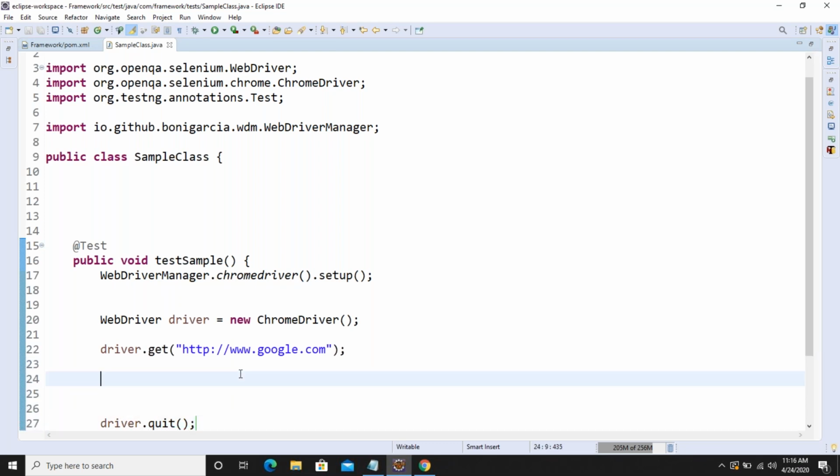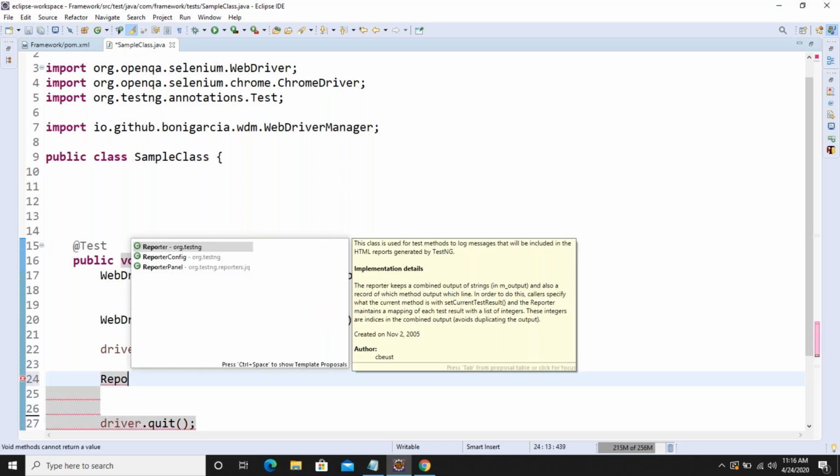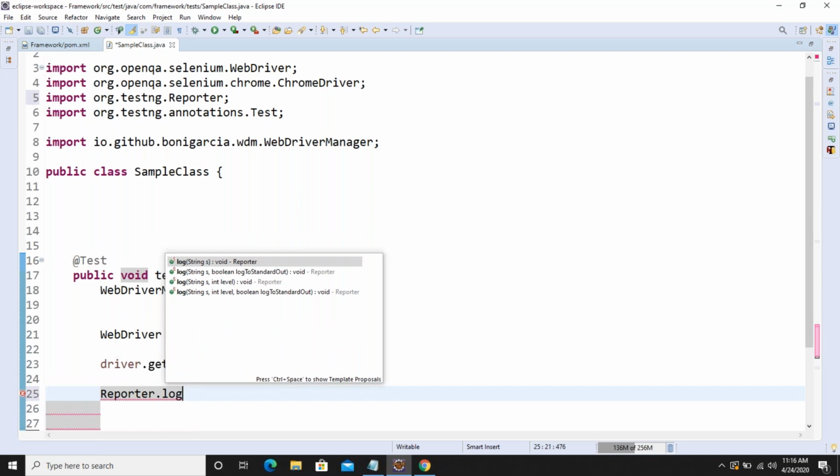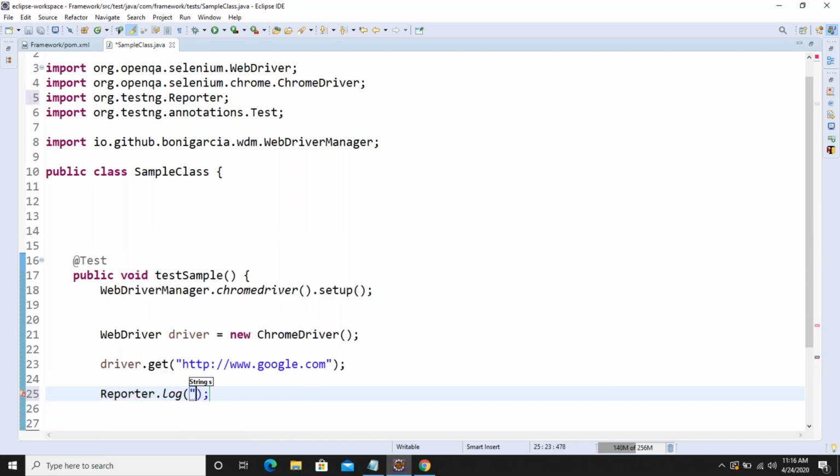And since we are using TestNG, let me use some reporter. Since we are creating a framework, I'm just using all those features. And I would like to print on the console a Boolean parameter for it.